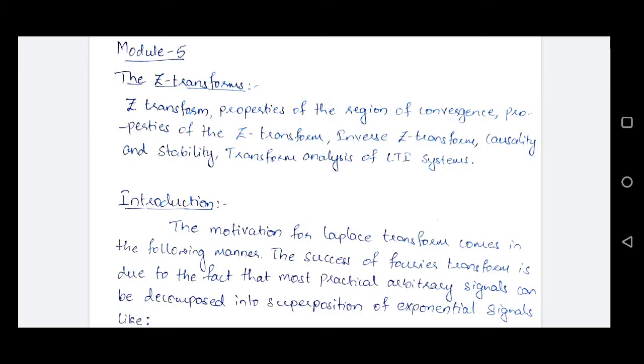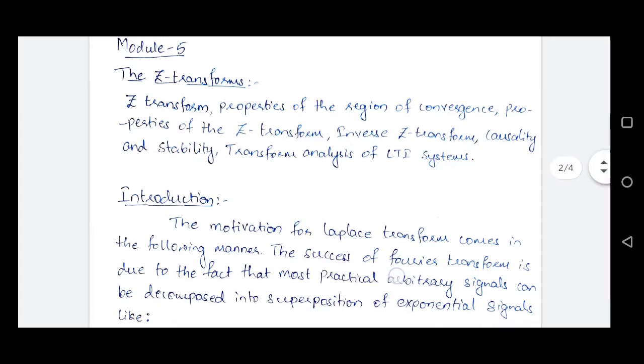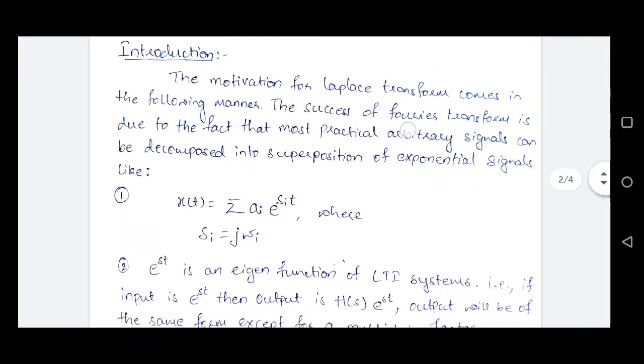Before we directly jump into the study on Z transforms, we'll understand what is Laplace transform briefly and what Laplace transform does for continuous time signals and systems, and later we'll extend that study to define the Z transform and understand what Z transform does for discrete time signals and systems. Laplace transform is derived from Fourier transform itself,